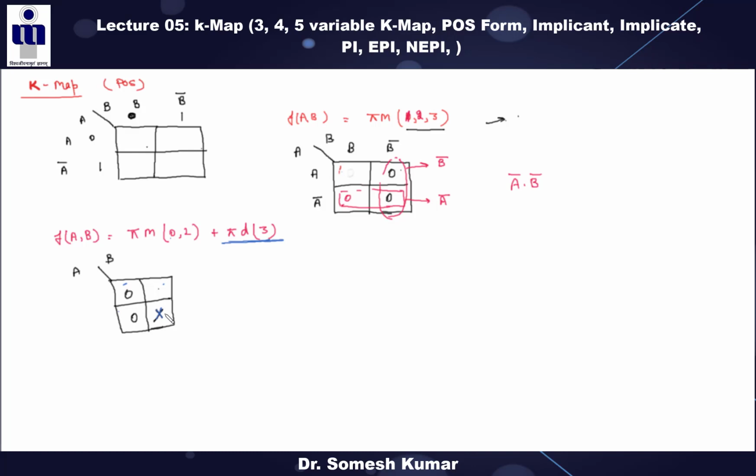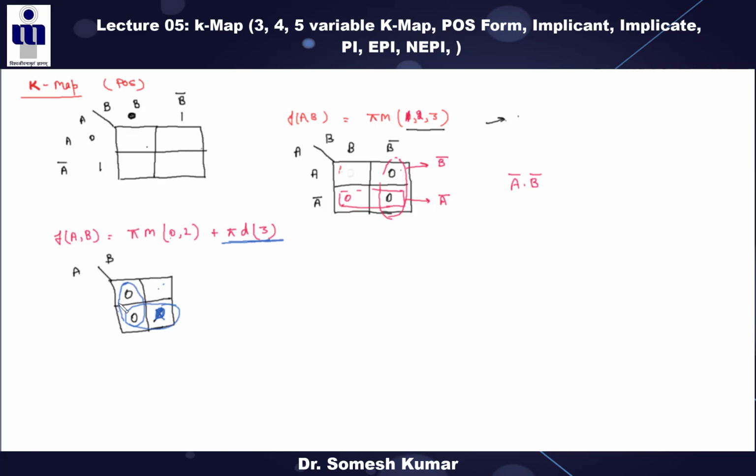If we are talking about the SOP form, then we take x as 1 if your function is minimized by taking x as 1. While in the POS form, by putting x equal to 0, if your function is minimized, then we have to take it as 0, right? Here in this case, if we take x as 0, then how many pairs are possible? Two pairs. One is this, second one is this, right?